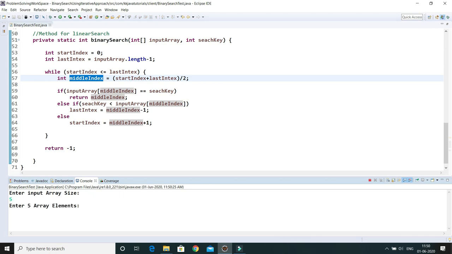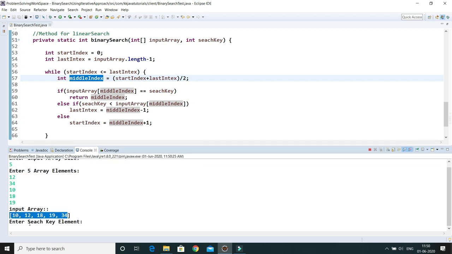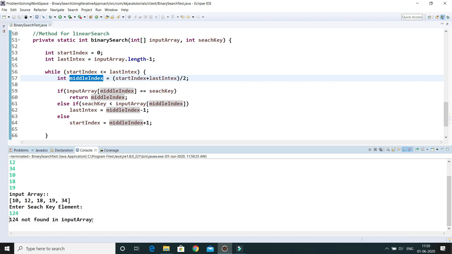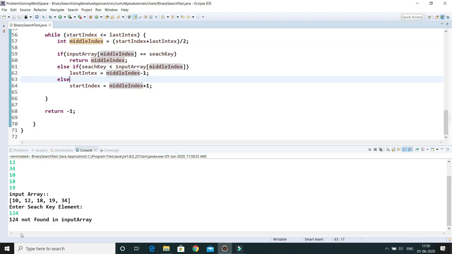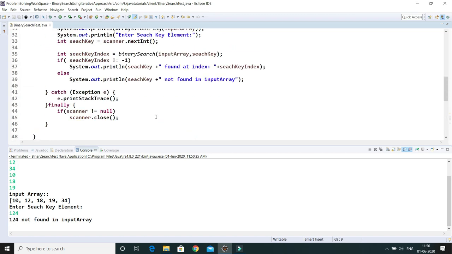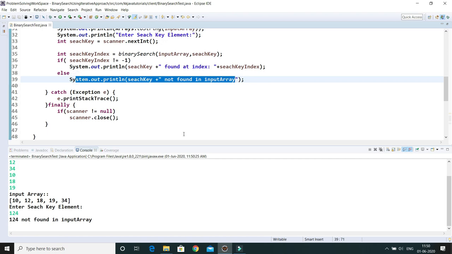Now if I run this code, you can see I have entered the input array in sorted order. Now if I search for an element which is not available at all, it returns -1, and that's what it says: 124 not found in input array, and this is coming from here.